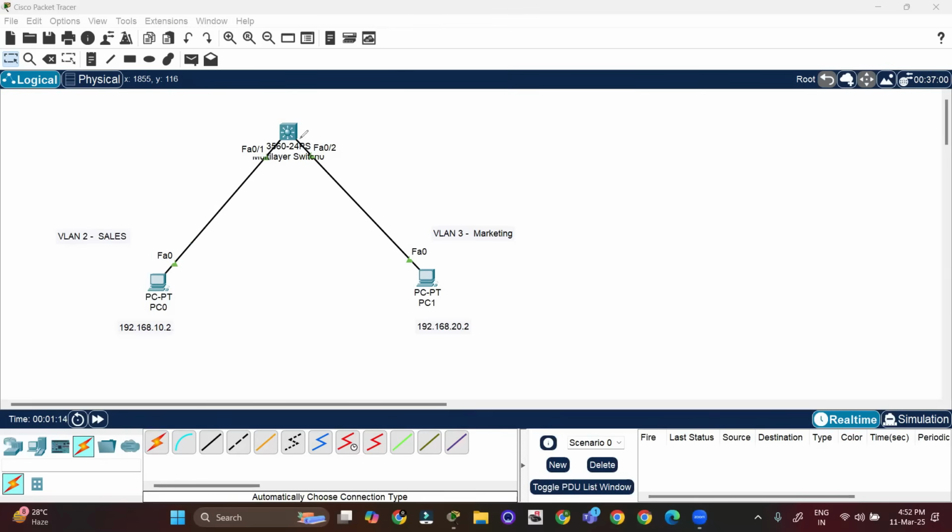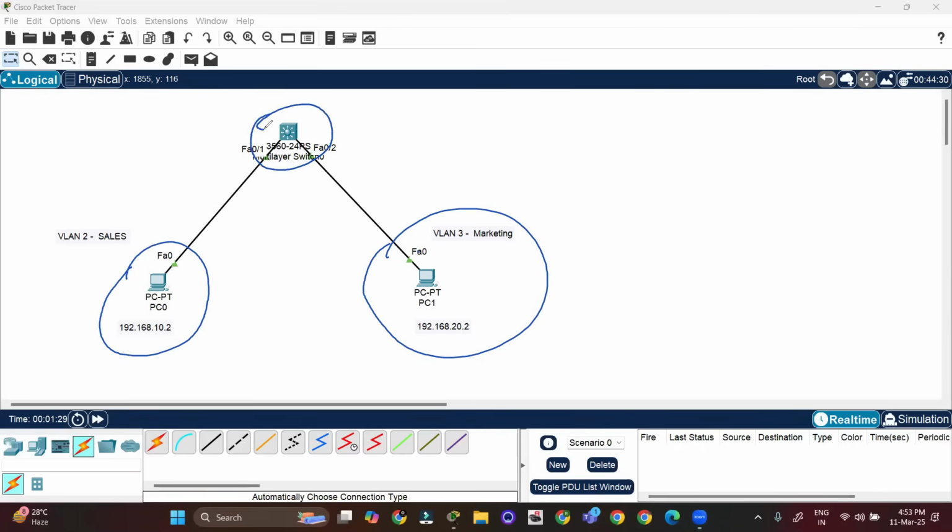Now we have to do the configuration of inter-VLAN routing so that these two PCs, which are from different prefixes and belong to different VLANs, are able to communicate. That is why we need a layer 3 switch. On this layer 3 switch,